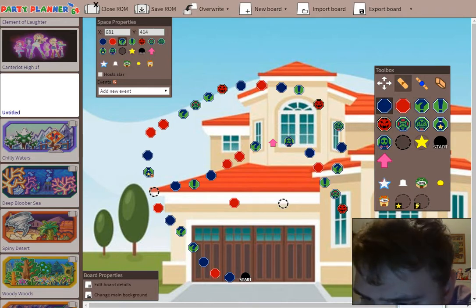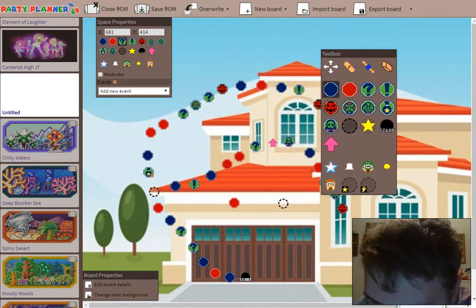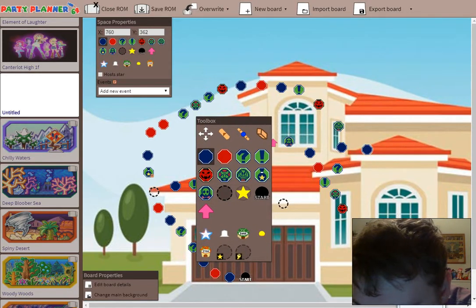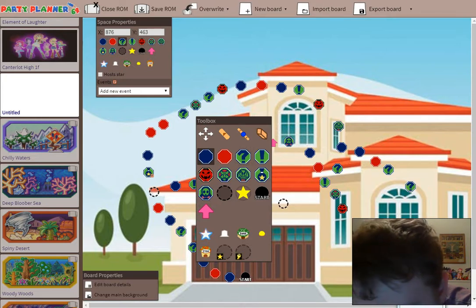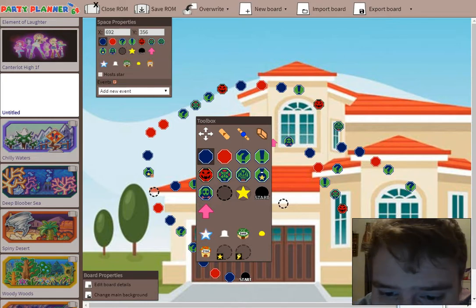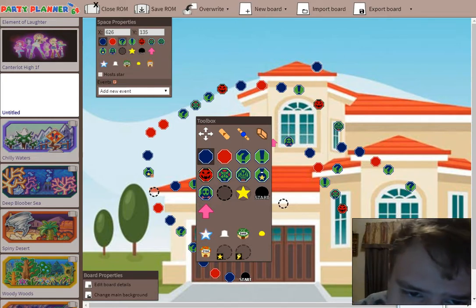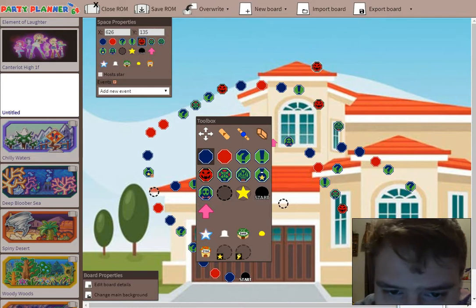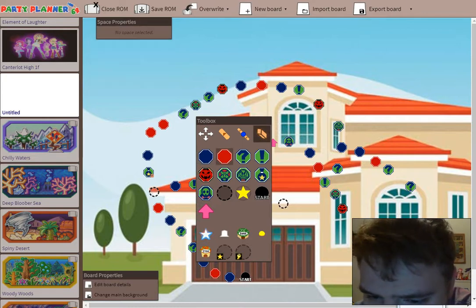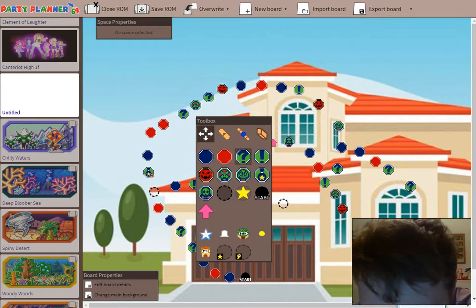And now it's pretty much as simple as well, I'm going to add a little bit more in this direction, just a little bit more. So this board, I have to make this available. Now to change the space, say you accidentally put a space you don't want on the board, like, oh, I don't want that there. Well, you can click on this little panel up here. If you click on it, you can change it to the space you want. So that way you don't have to worry about it. But that doesn't really matter. And anyways,